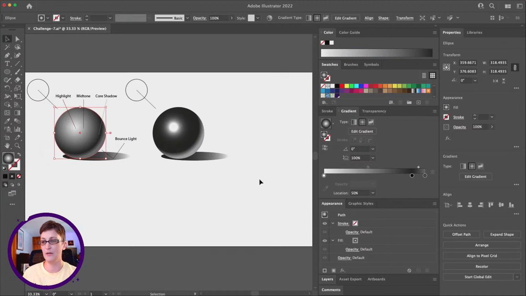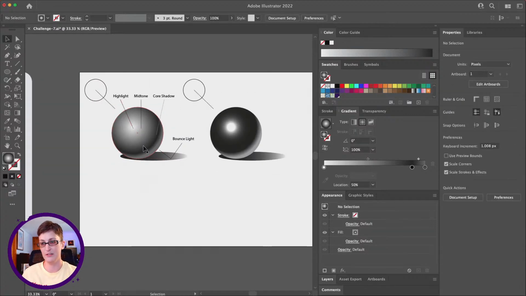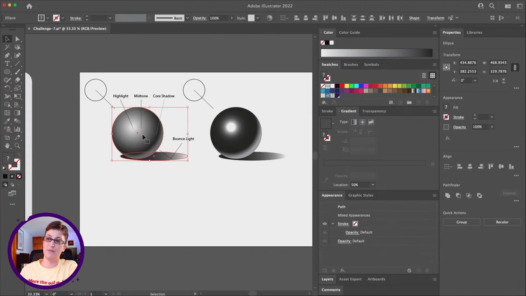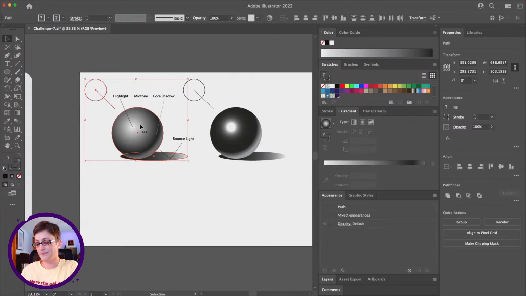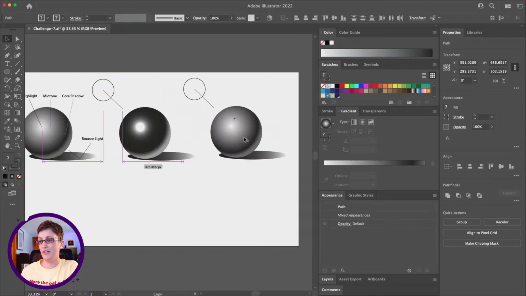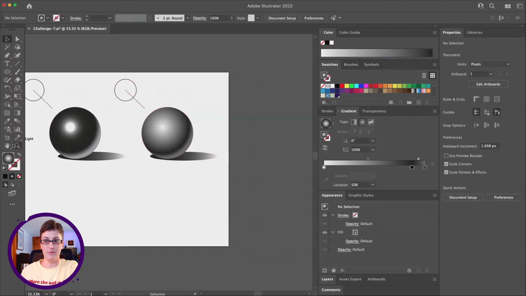I'm going to make another copy by selecting this object. I'm going to select everything over here, holding down Shift to select my sphere, my shadow, and my lights. I'll hold down Alt or Option and drag, making a copy. We'll move it over here. Now let's add color. Let's see how this looks with color. So I'm going to zoom in,